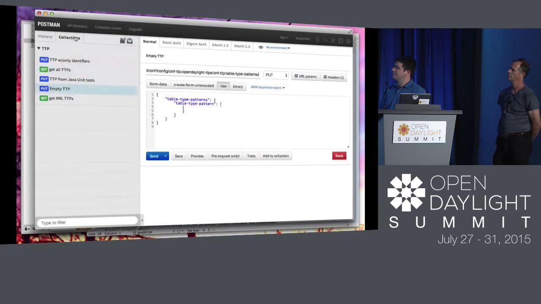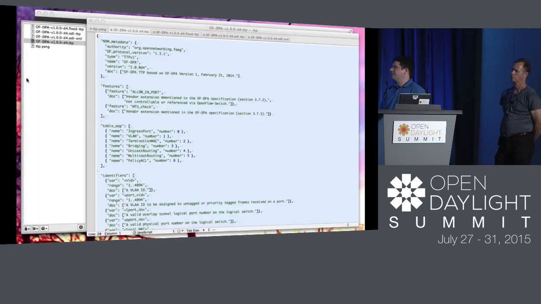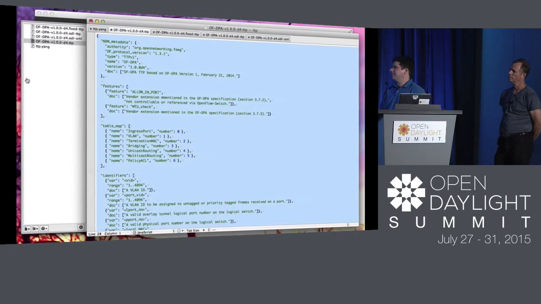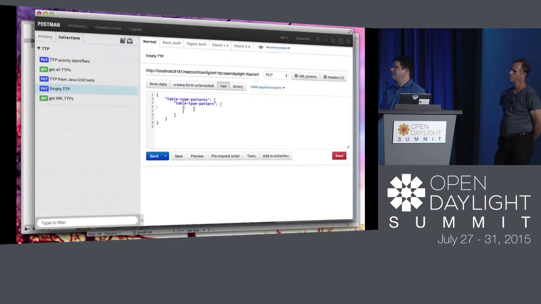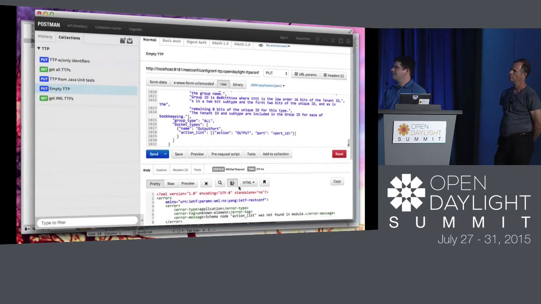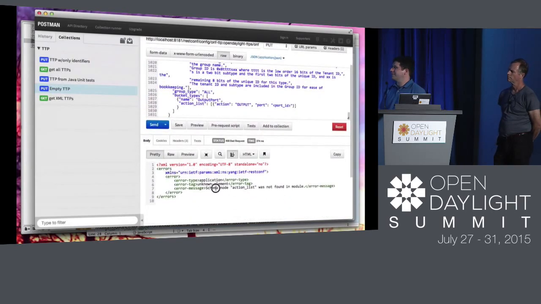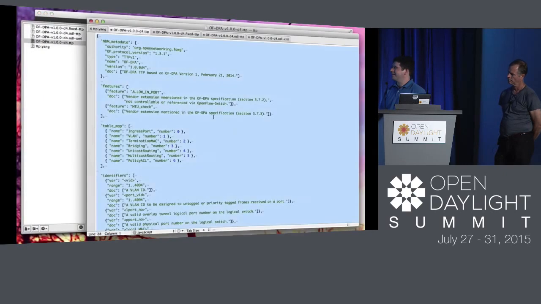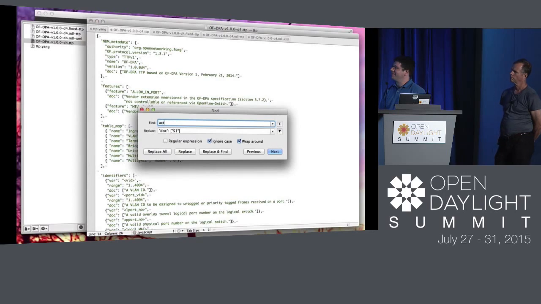So let's go try putting the TTP that we had into Open Daylight. So let's go grab it. We're going to copy the whole thing. And we're going to highlight this empty TTP and replace it with this TTP, and we're going to click send. And now you can see we get an error, and it says the schema node action list was not found in the module. And this is actually because this TTP, which I got from the Open Networking Foundation, has a